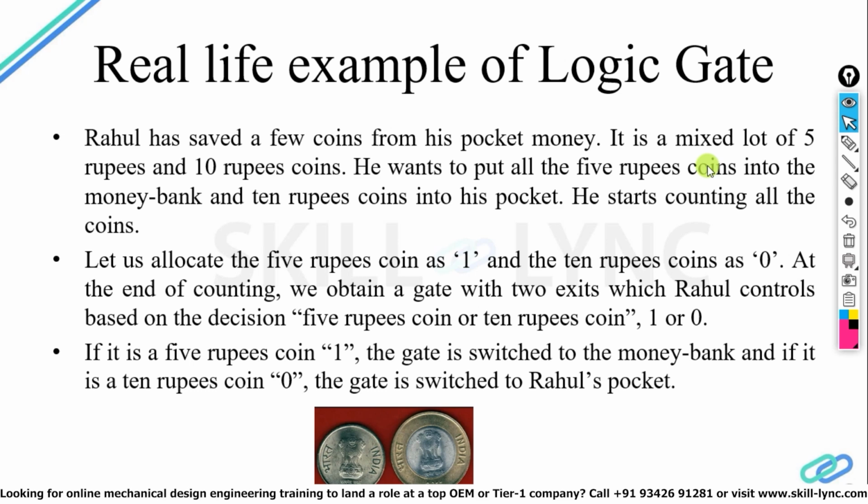So a logic means a person, a decision maker, will tell what will happen in future. For example, in this case, Rahul is the sole person who can decide which gate will open. Similarly, in our logic gate, the logic black box will decide whether we have to add it, we have to subtract it. Now, for example, in this case, Rahul decides, okay, 0 and 1, I am having two inputs, I will add it up, I will sum it up.